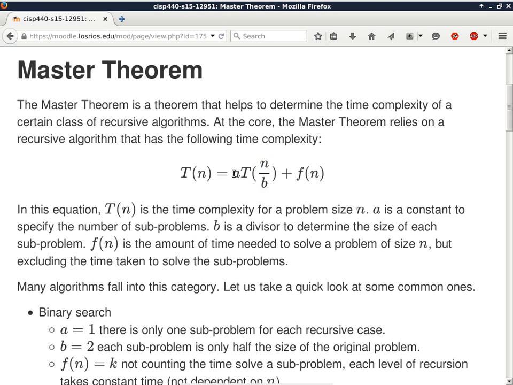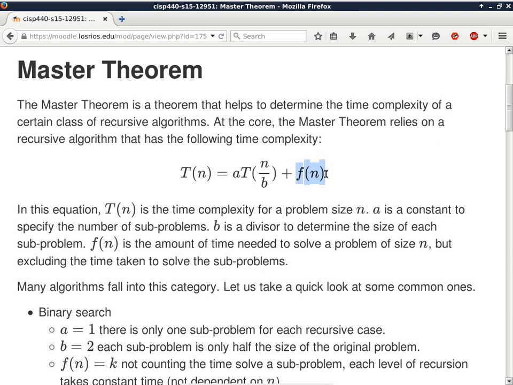A determines how many times we have to solve a subproblem. In the case of binary search, A is just 1, because once we do one single comparison in binary search, we only have one half of the array remaining that can possibly have the value that we are searching for. In the case of linear search, A is not 1, because what if the first half does not contain the value that we are searching for? Then we have to go for the second half. So A is 2, same as b in the modified version of linear search.